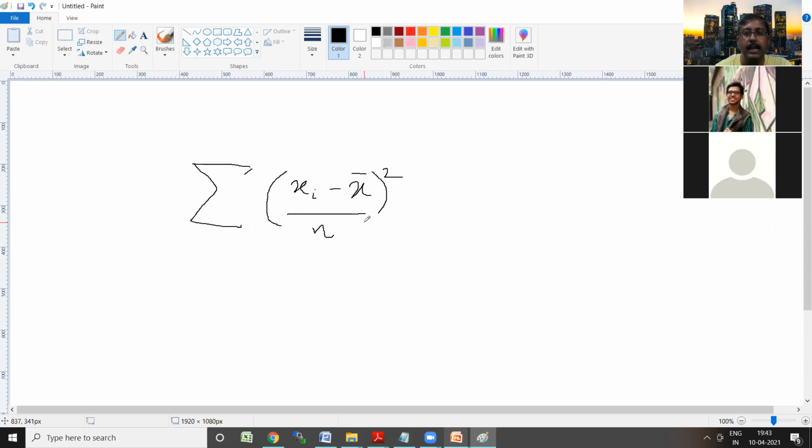Once we have done that, we divide that by the total number of observations, right? So that is called the variance. This is the variance, and when I take the square root of the variance, what we get is the standard deviation. So this is the variance of a set of observations. And again, just note